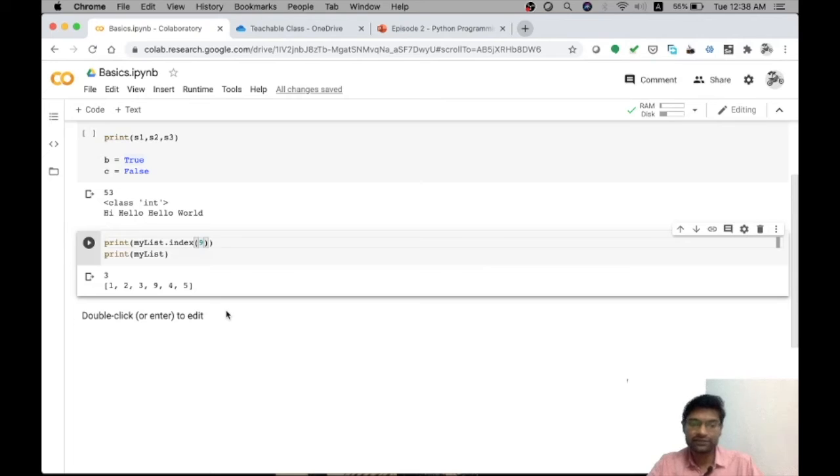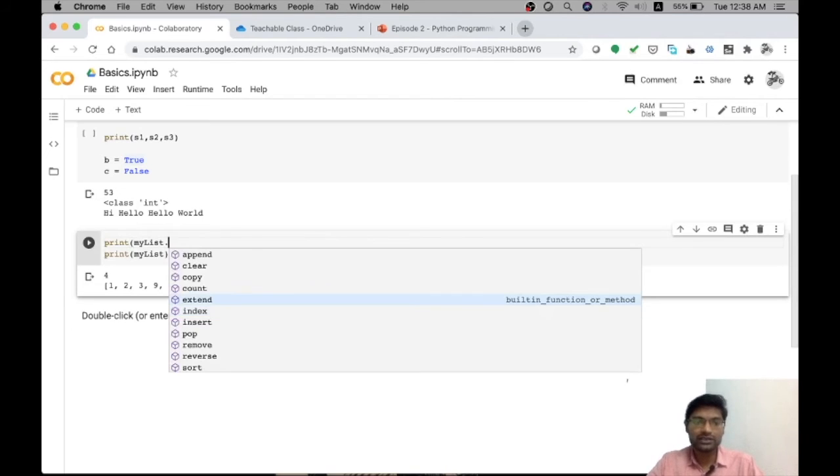So similarly I can check for 4. It will say the value is 4, because value 4 is at index 0, 1, 2, 3, 4, that place. So this is how index behaves. Next we will see the further command.